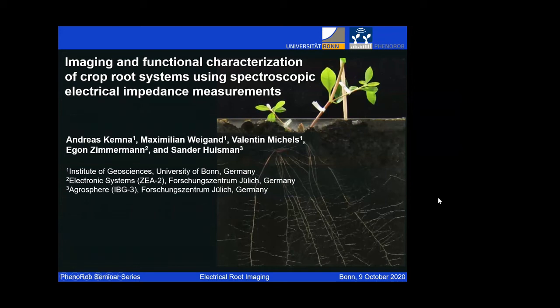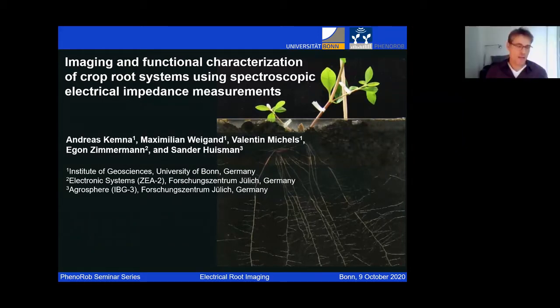Again, good morning, everyone. As Heiner was saying, we are for a couple of years now pursuing in my working group in Bonn the idea of using electrical methods, electrical measurement methods to investigate roots, with particular view to root structure and root function. And I was very happy when it turned out that we could be integrated in this FINROP consortium with our